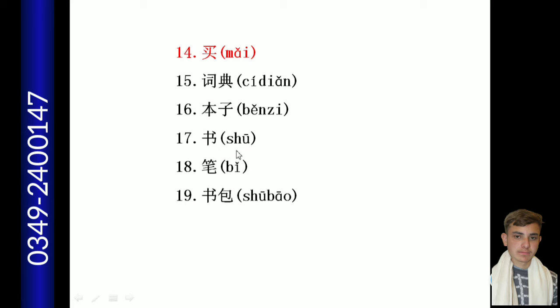Number 17, 书. Number 18, 笔. Number 19, 书包. On this page, you can also find that the first word 买 is a verb,